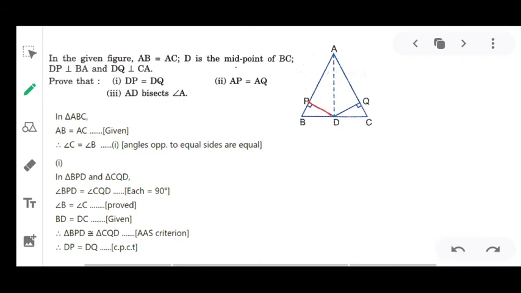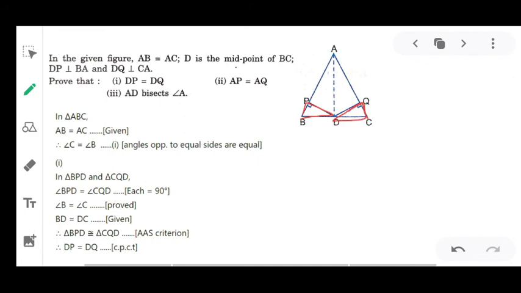DP equals DQ. So in triangle ABC, AB equals AC, that is given. So if AB equals AC, you can write angle C equals angle B, because the angles opposite to equal sides are equal. Now in triangle BPD and triangle CQD,